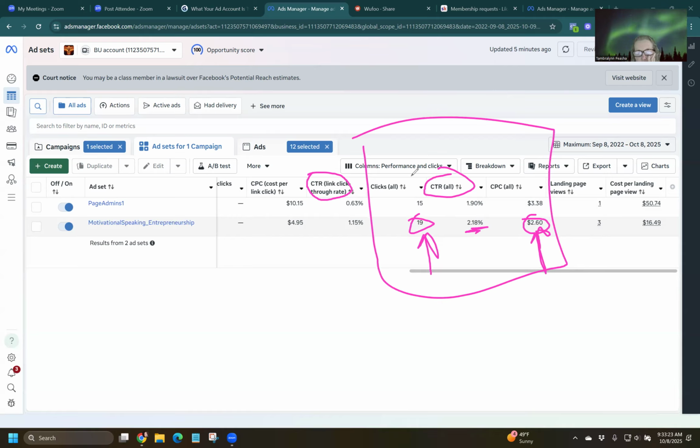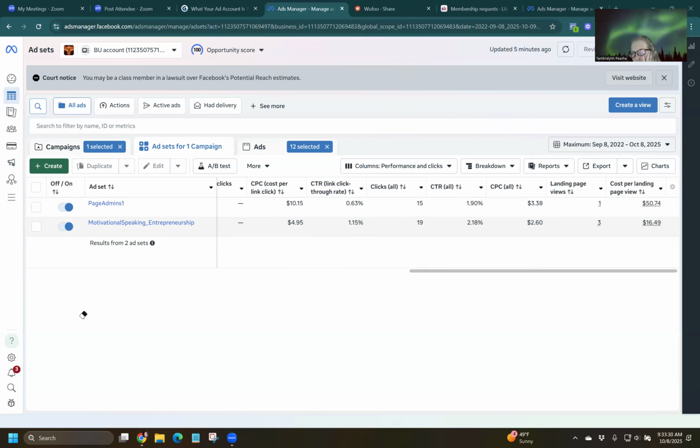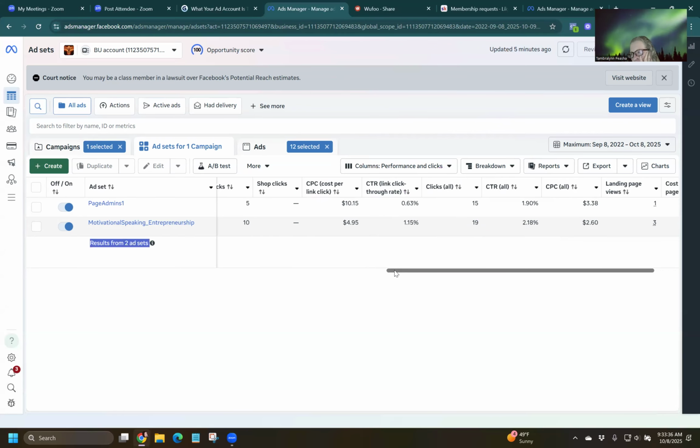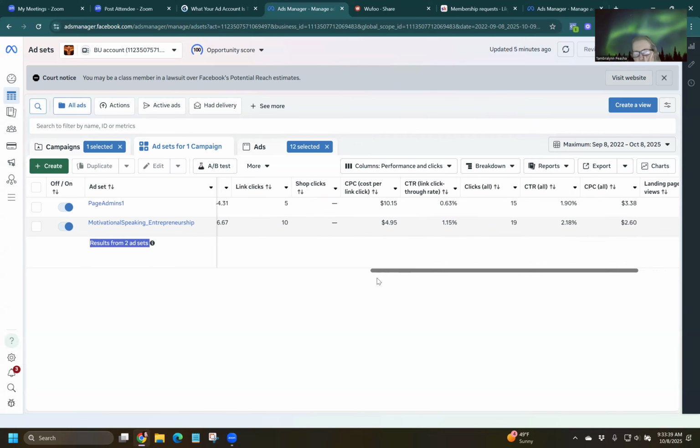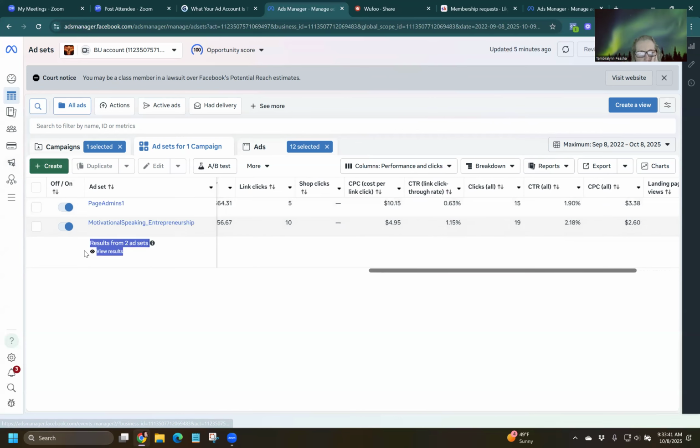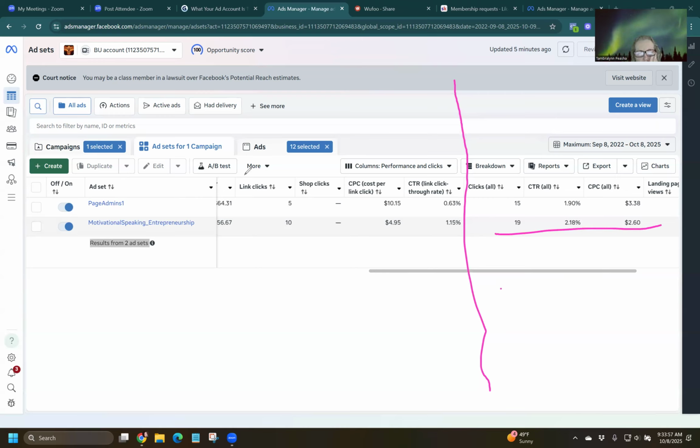So really these three numbers are pretty much the same. It's just that they're giving it to us in three different ways, which is cool because I like to look at that number. Let me just move this over just a smidge because I want to get this other column in here. Right there. Bring this back to number. There we go. So these three numbers are basically the same. Now, these three numbers are basically the same as well.